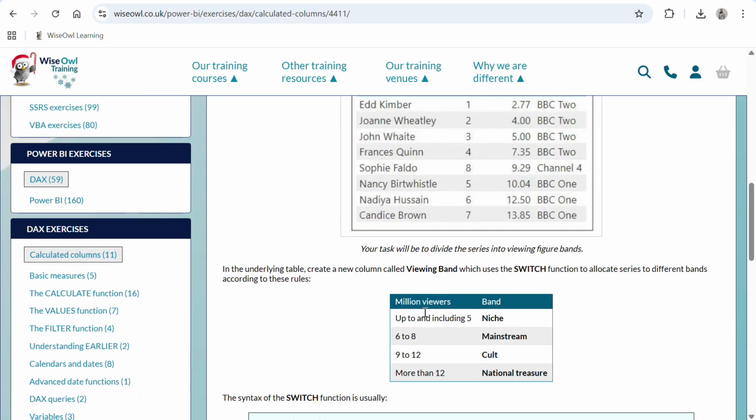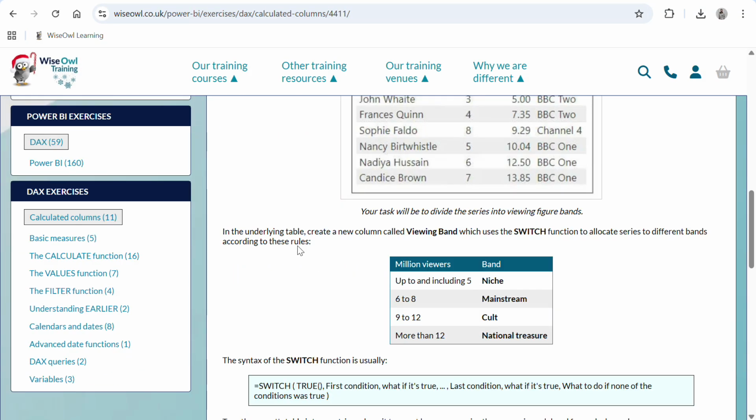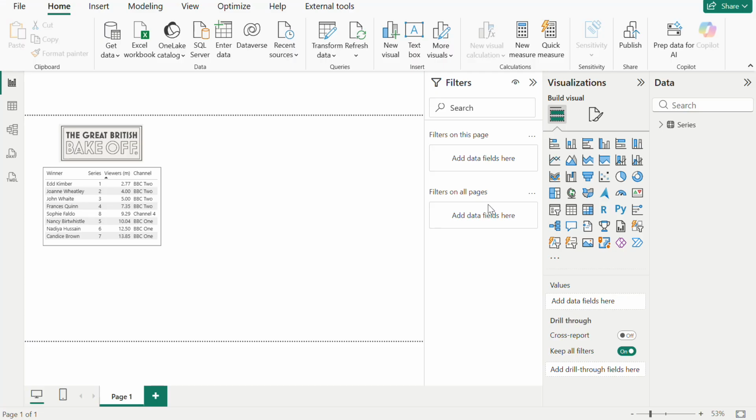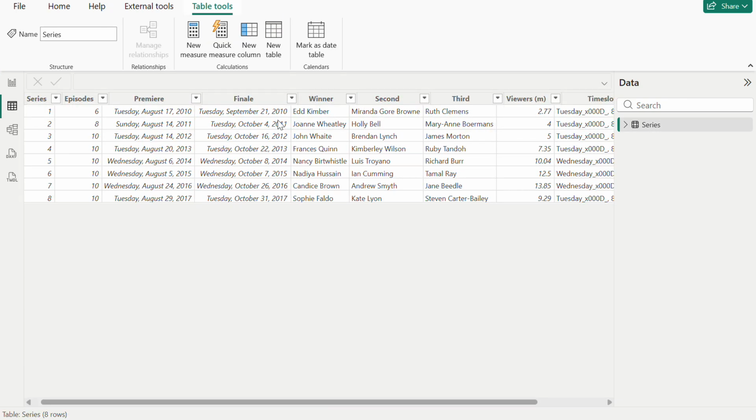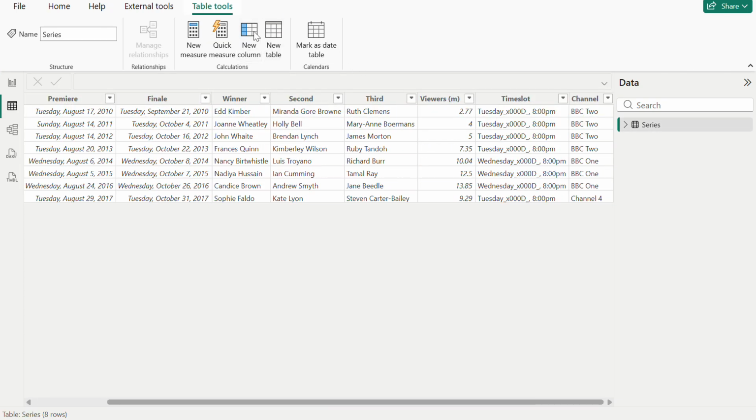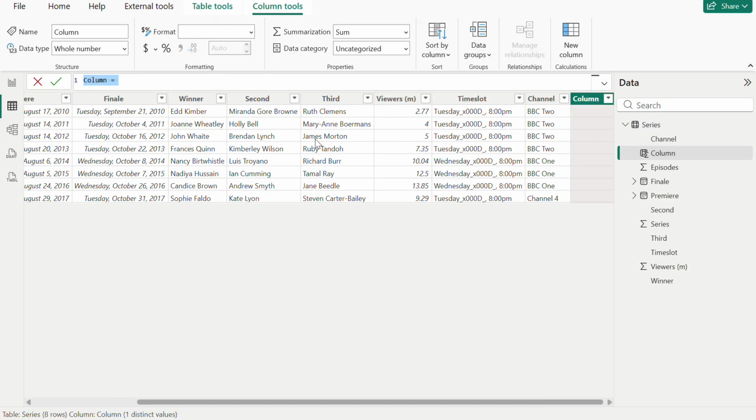What we need to do is, in the underlying table, create a new calculated column named Viewing Band, using the SWITCH function to allocate these series. So let's work on this. I will click on the table view and add one new calculated column called Viewing Band,